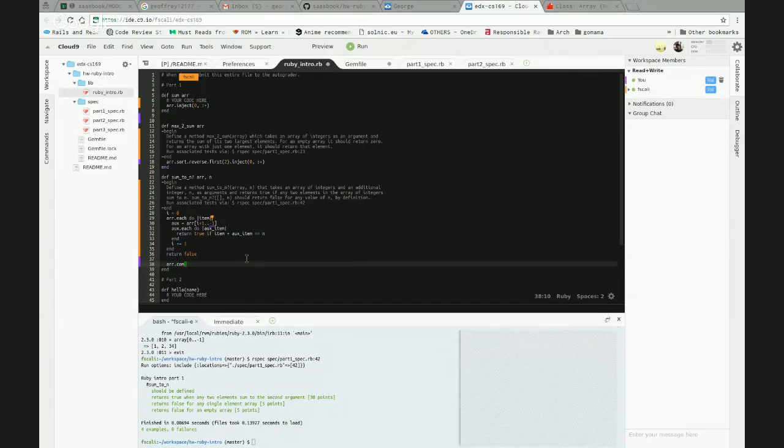Array combination two, and then we ask if any of those combinations, first element, second element, first plus second equals 10.